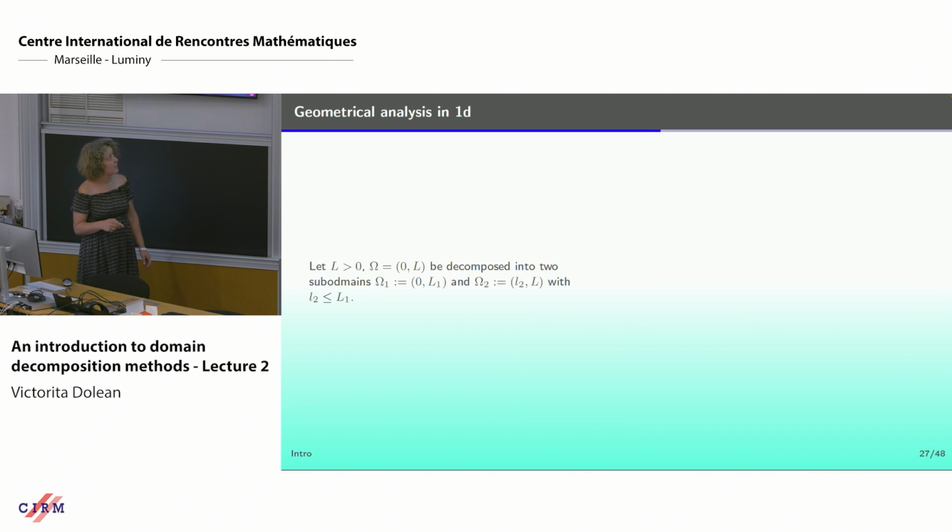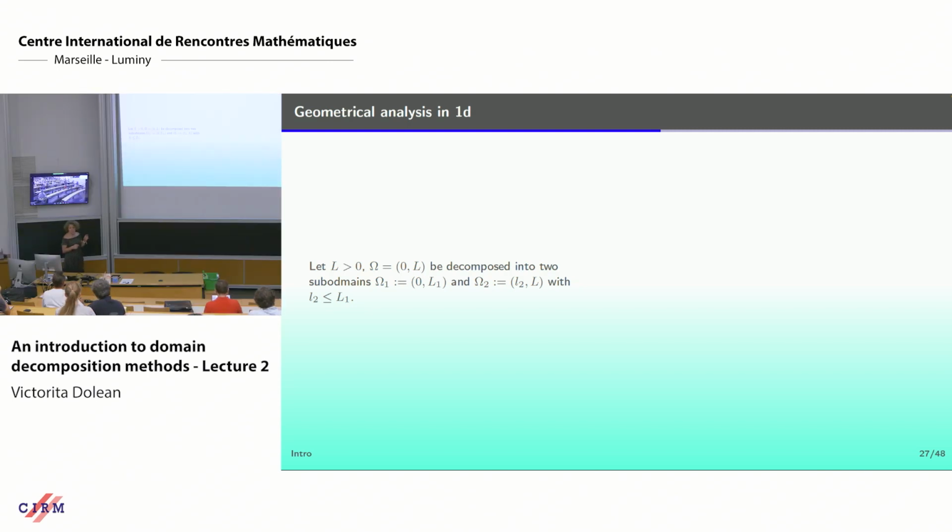Okay, so now I move on to, as I said, I won't do very complicated theoretical convergence proofs, but I will show you just two examples in which I can say something about the convergence of these algorithms. So first of all, one is a very easy one in one dimension. In the one-dimensional case, I can literally compute everything. I can compute errors, solutions, and I can see exactly how the iteration goes. And then also I can do some similar computations in two dimensions, but I need another tool, which is the